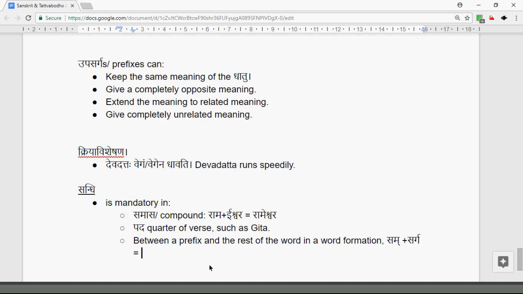Sam plus sarga becomes samsarga. So here, the makara becoming anuswara is mandatory. You cannot say sam and sarga separately. It has to become an anuswara, samsarga, which is Gita, etc. So these are the places where it's mandatory,